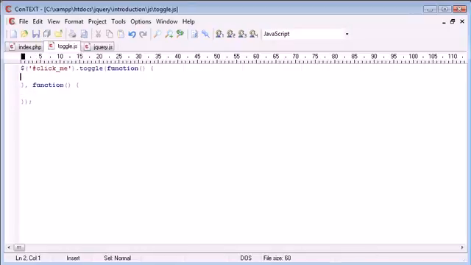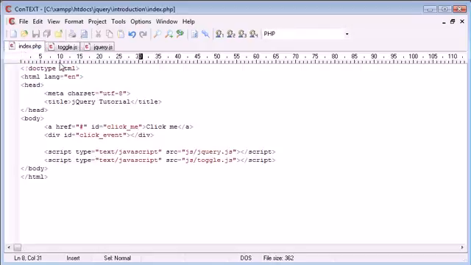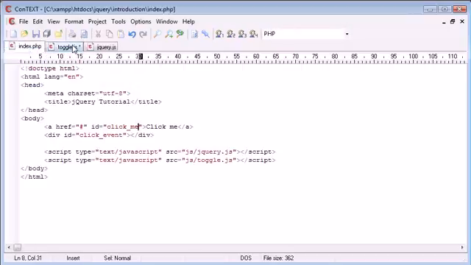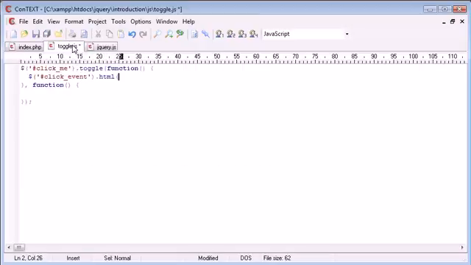Okay, so the first time we want to click the button, or we click the link, we want to display something. So we need to reference our click event div, and we're going to place some text inside of here. So let's go ahead and say click, see what I called it, event, click event dot html, which is going to place some text inside of this div. Let's just say yes, and then we can go down here and choose to do the same thing. So click event and .html